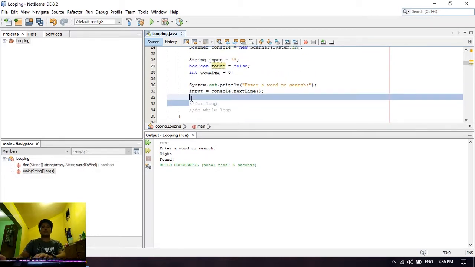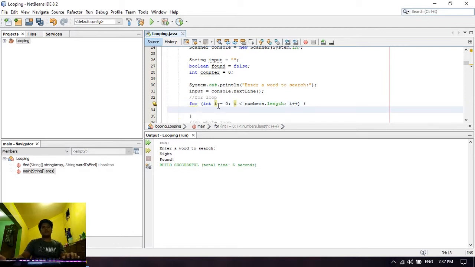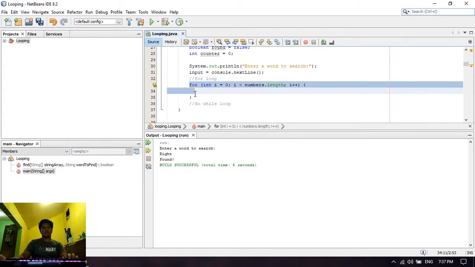So here's how a for loop looks like. For, then declare a counter variable, initialization of the counter. So let's set it as 0 because arrays begin at 0. Then the condition, same as the while loop, while i is less than numbers.length. Then if it is true, let's increment the counter. So as you can see, it is simpler and easier to maintain, as initialization, condition,